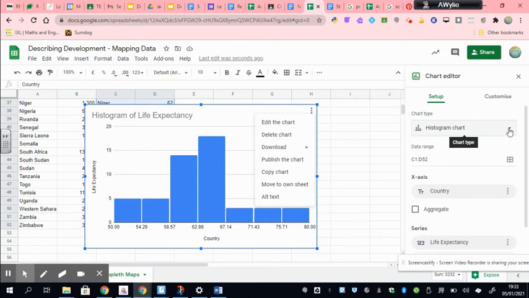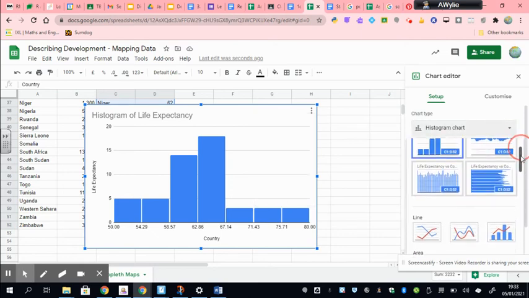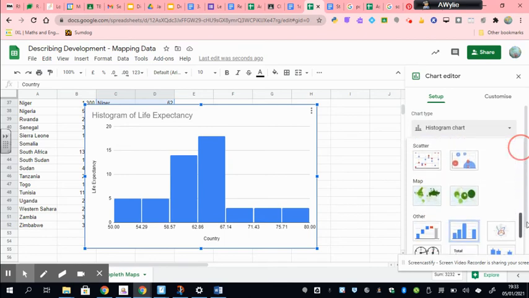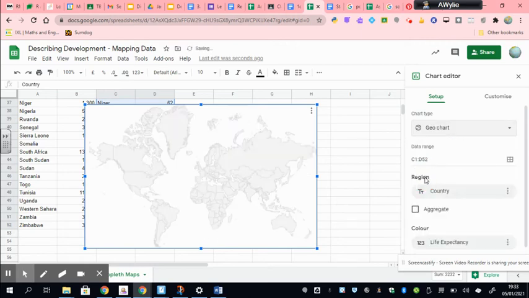I'm going to change the chart type by clicking on this down button and scrolling down to Maps, and I'm going to select this type of map here. Okay, and that's going to create a map of the whole world, but Africa, you'll notice, has been done. Now, there's a few little things I want to do next because I don't need the whole world map, I just want Africa. So I am now going to go to Customize,